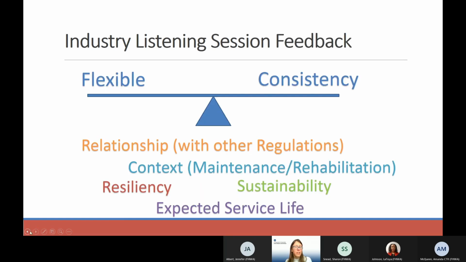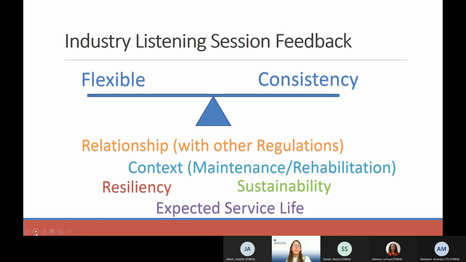The results of this session were noted in the previous slide in the link, so you could find that online if you wanted to access that. But in summary, what we found is there is this struggle of balancing between the flexibility of the policy and consistency. Everyone wanted the policy and recognized the importance of it being flexible, that it is really context specific on how you design pavements. But in doing so, while writing something that is flexible and can be adapted to the current environment or situation, it's very hard to make it consistent.